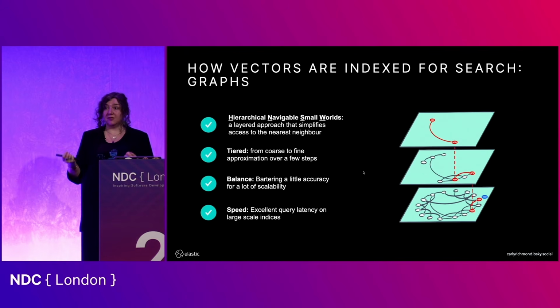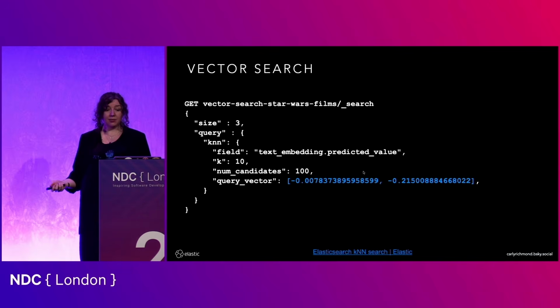Now, those comparisons are basically happening through an algorithm called k nearest neighbor. It's performing those comparisons as we showed before. There are numerous different types and variations of nearest neighbor algorithms. This example here is HNSW, which is hierarchical navigable small worlds. And the idea with HNSW is it splits the problem into layers, like many computer science constructs, to try and manage the problem more effectively.